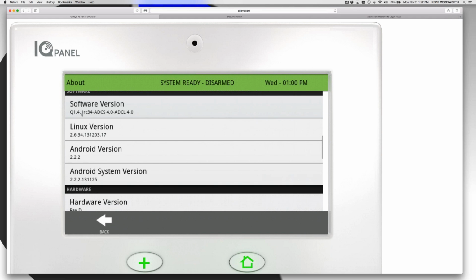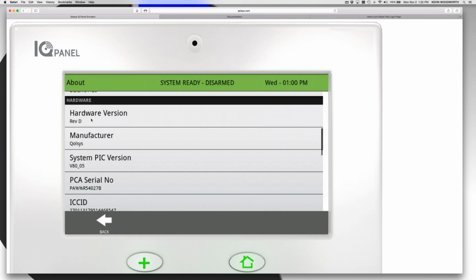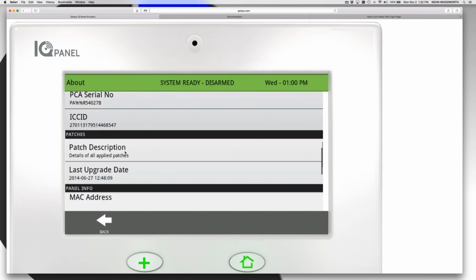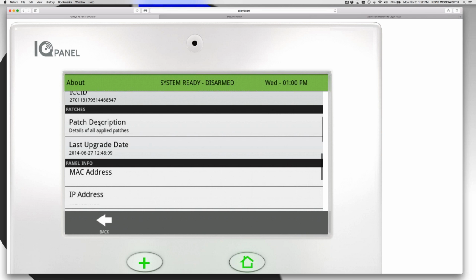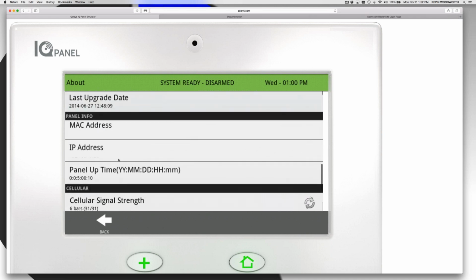If there's one available, it'll pull it down. If not, it won't. Hardware version just tells you which version of hardware, some different chip information. You can get a patch description. This will tell you all the different updates that have been applied to this system and the last date that the update was applied. It'll show you the MAC address and the IP address if it's connected to Wi-Fi,